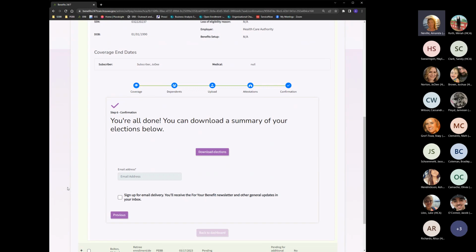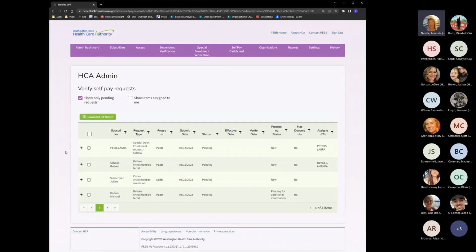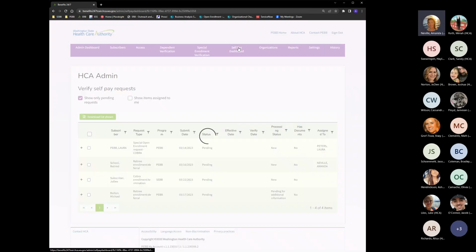That same process would be replicated for an individual that we have already found in benefits 24/7, but maybe they submitted a paper document instead of using benefits 24/7, because we do know that this is going to be a process for people to adjust to this new system. So in the case that we received a document for somebody who's already in the system, we would go ahead